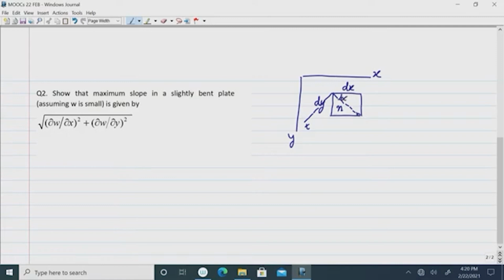Okay. So, we express this deflection dw as the contribution of this plus